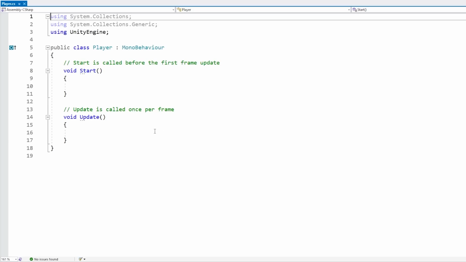For a character controller, we first need some input from the player. And for that, Unity actually has two methods. You have the legacy input manager and the new input system. Basically, the legacy input manager is super simple and very easy to use, so this one is perfect for